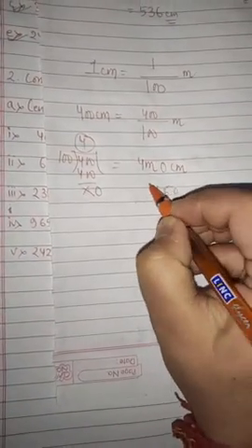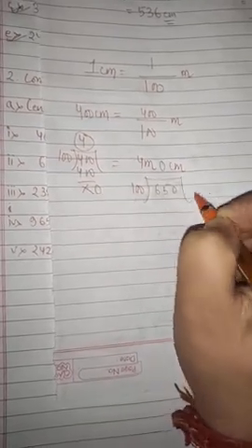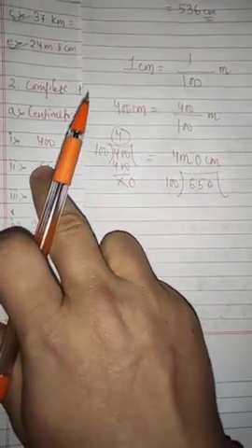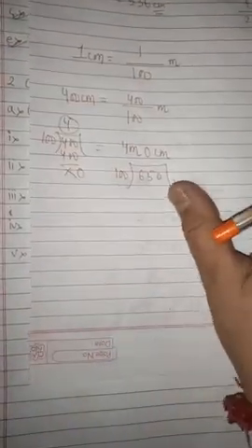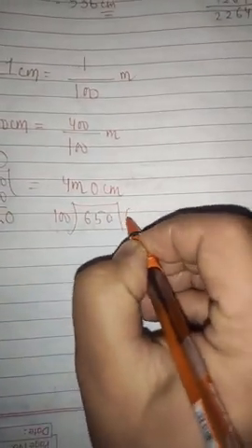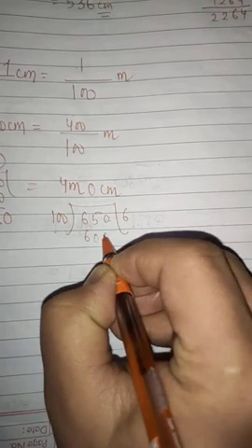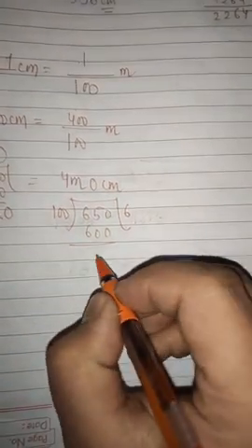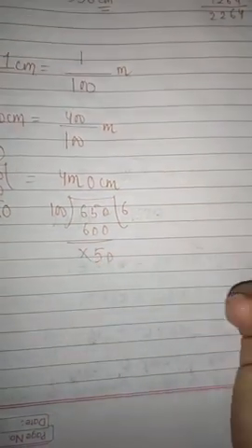Now, whenever you have to convert, what I have told is just divide with 100, because 1 centimeter is 1 by 100 meter. Whatever value you have, suppose 650 centimeter, divide with 100 and you will get the value in meter. The remainder will be in centimeter. Now 100 6s are 600. What is left? 50, because 6 minus 6 is 0.